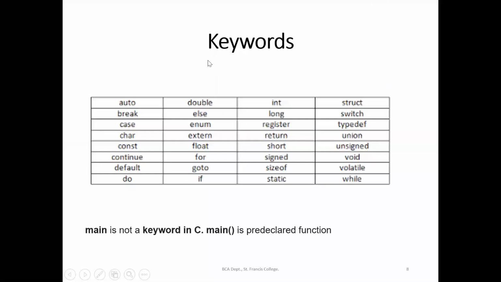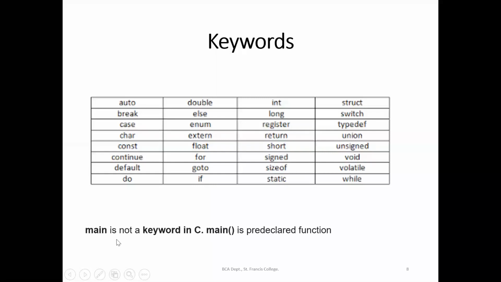You cannot declare a variable or an identifier with the name auto. These are reserved words. You should not touch these words. Whenever we use them, they will be taken as an instruction to the compiler. So don't name the variables or identifiers using these keywords, because they have a special meaning. When the compiler encounters auto, it has a meaning. Static also has a meaning.